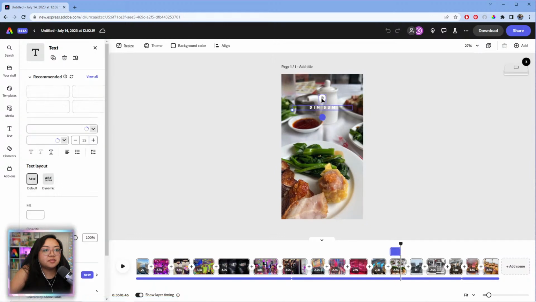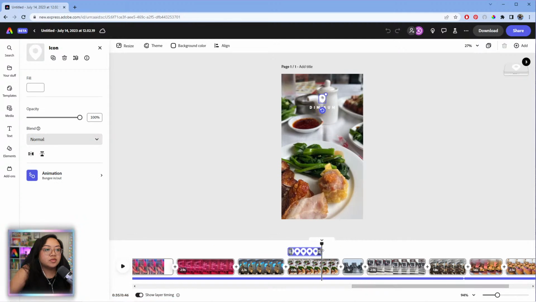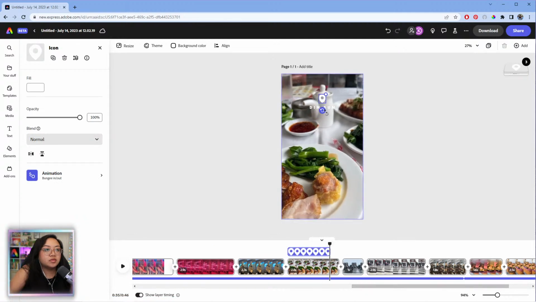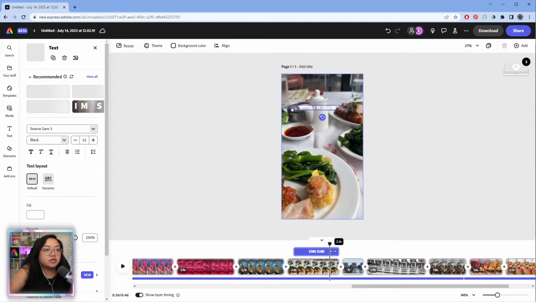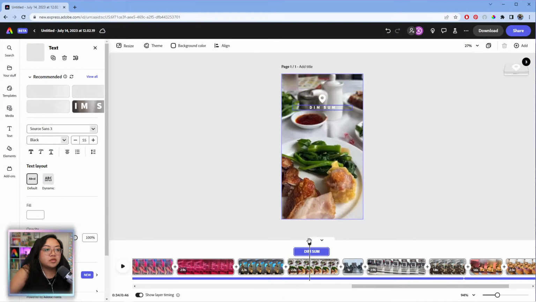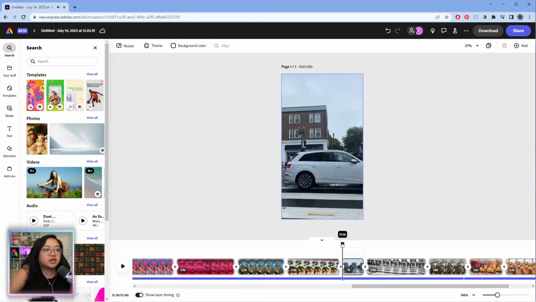Dim sum. Okay, and then we'll add it again here.